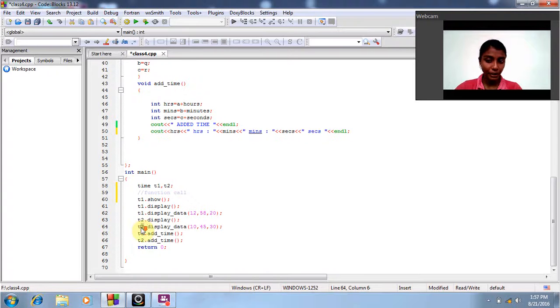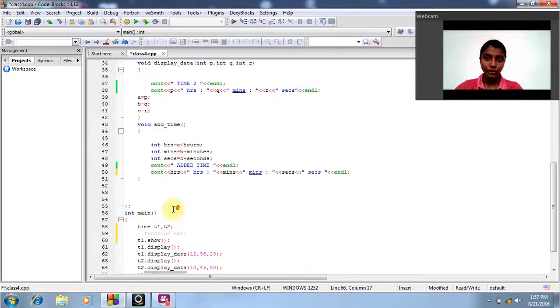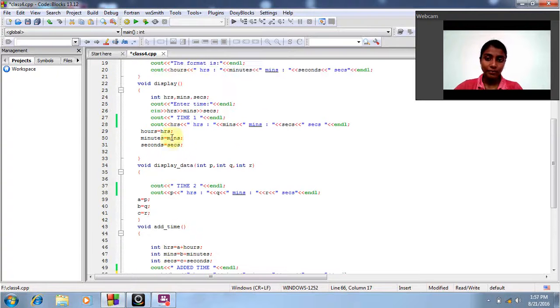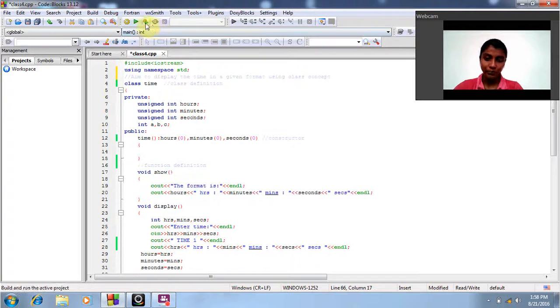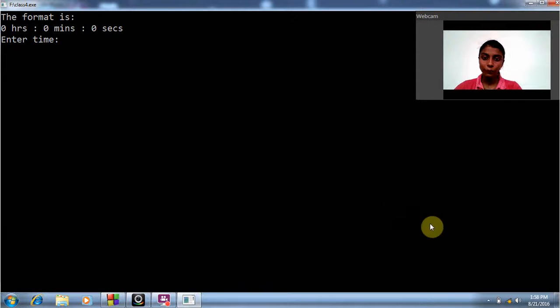The same process is repeated for t2, and here add time means that it will add the time which is present in display and display data for time 1, and display and display data for time 2. So let's see how it is working. This is the show function. As the value 0 is initialized by the constructor, it shows 0 hours, 0 minutes, and 0 seconds, and it